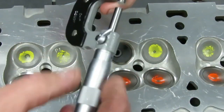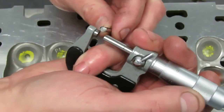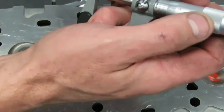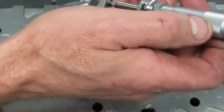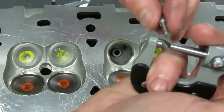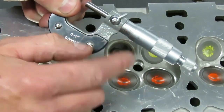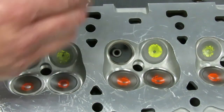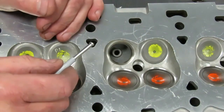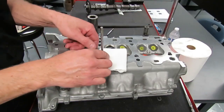So we just take our micrometer, the appropriate micrometer, and we mic right there on that ball. We just go in and touch off of it. So there you can see I've just mic'd that ball gauge right opposite the split, and then I just document the size of my guide. Now you want to check the guide in 3 places, top, middle, and bottom, to make sure that you don't have any taper. The next thing we want to do is we want to mic our valve stem,